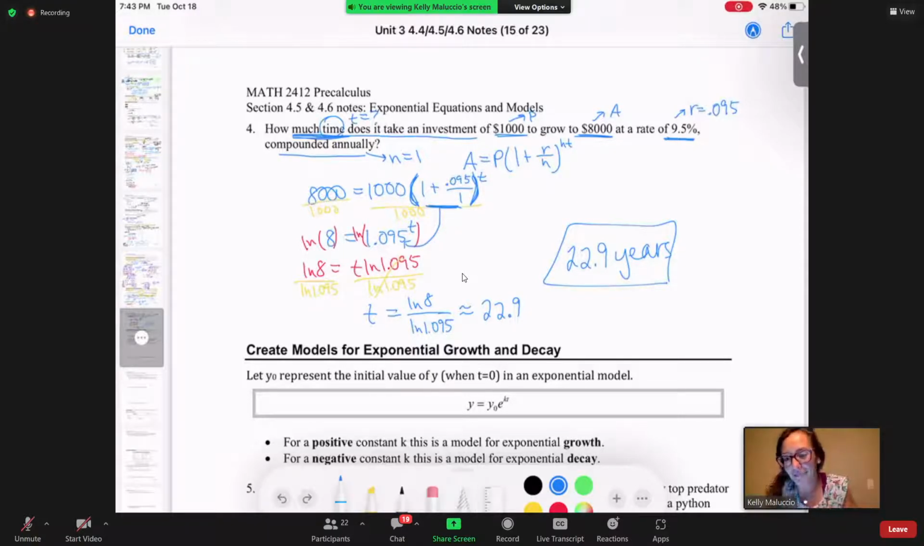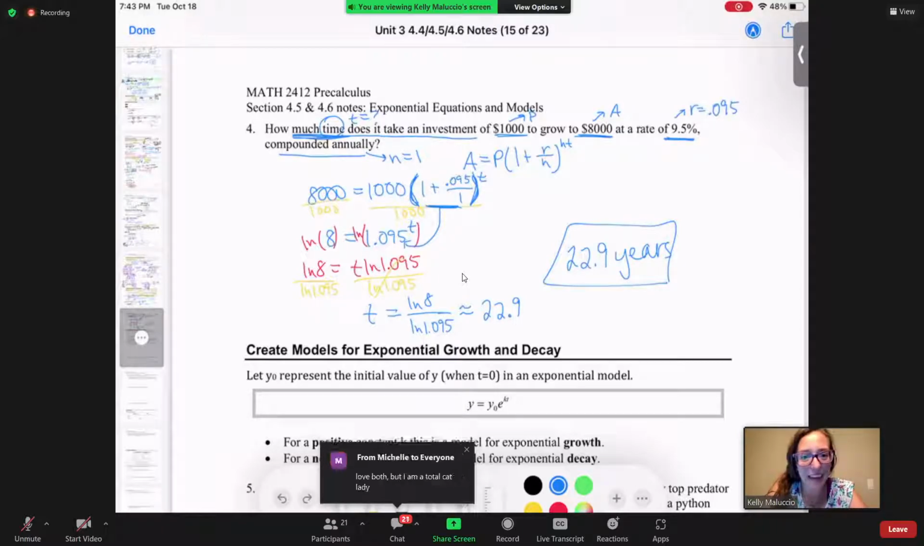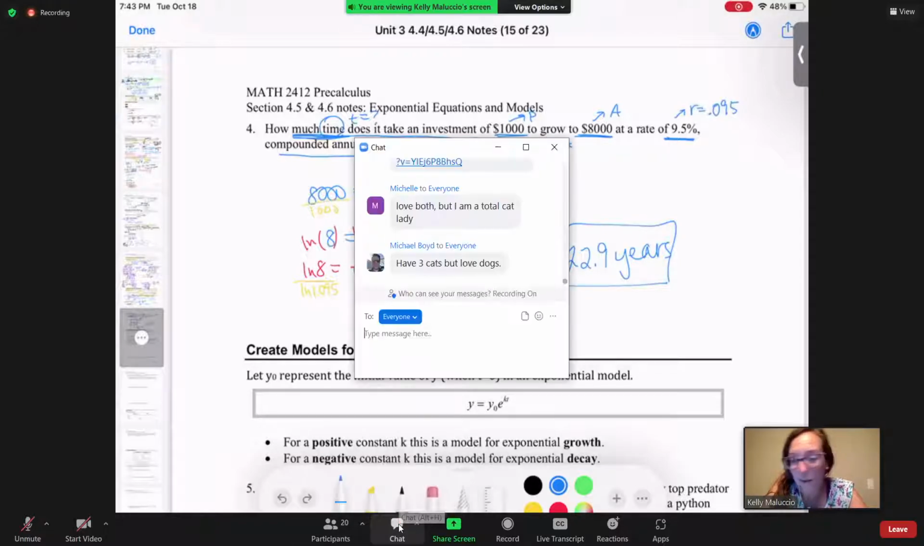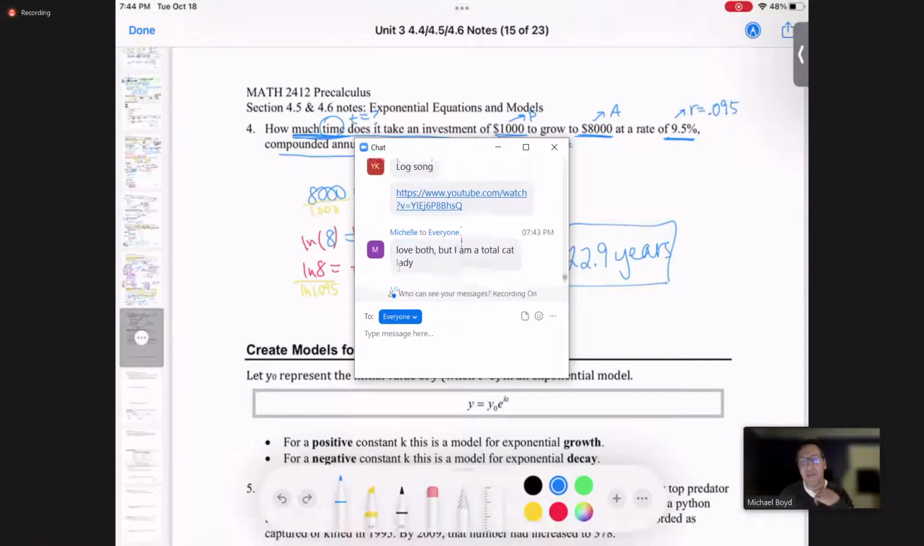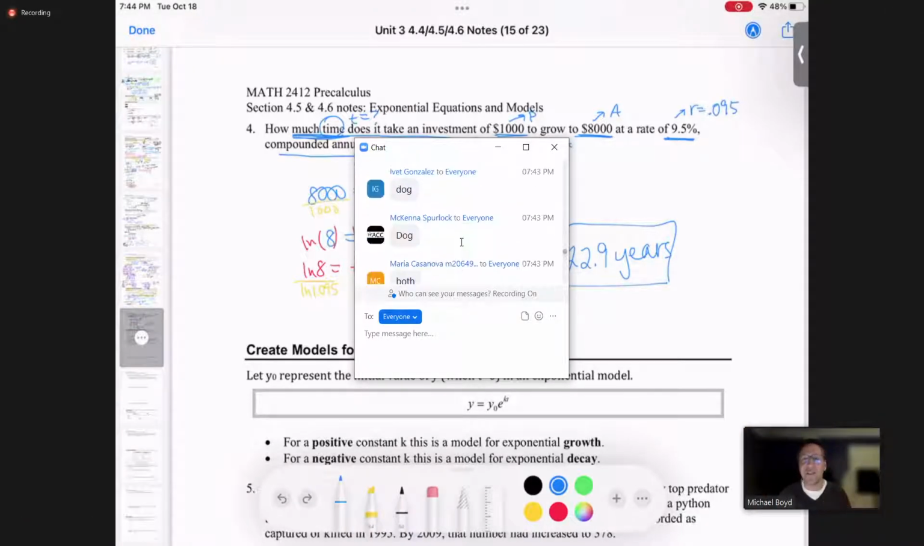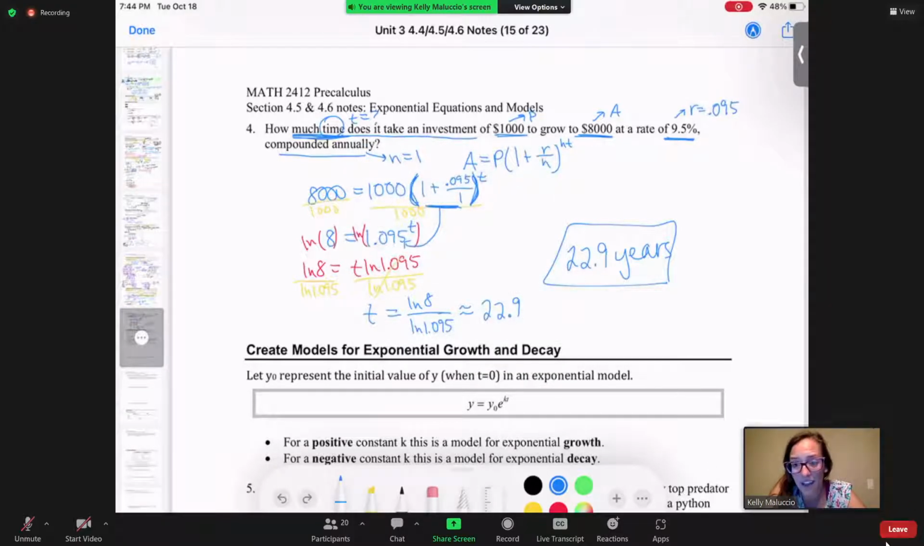So, Jakob wants me to play the log song. Okay. I won't hurt the class by playing it tonight, but we will play it maybe next class, since I'll have time. And yeah, a lot of people have both. If you have 3 cats, you have 3 cats, but love dogs. Yeah, I've never had a dog as an adult. Yeah, I mean, I didn't know what in here, but, oh geez, I'm trying. Oh, it's